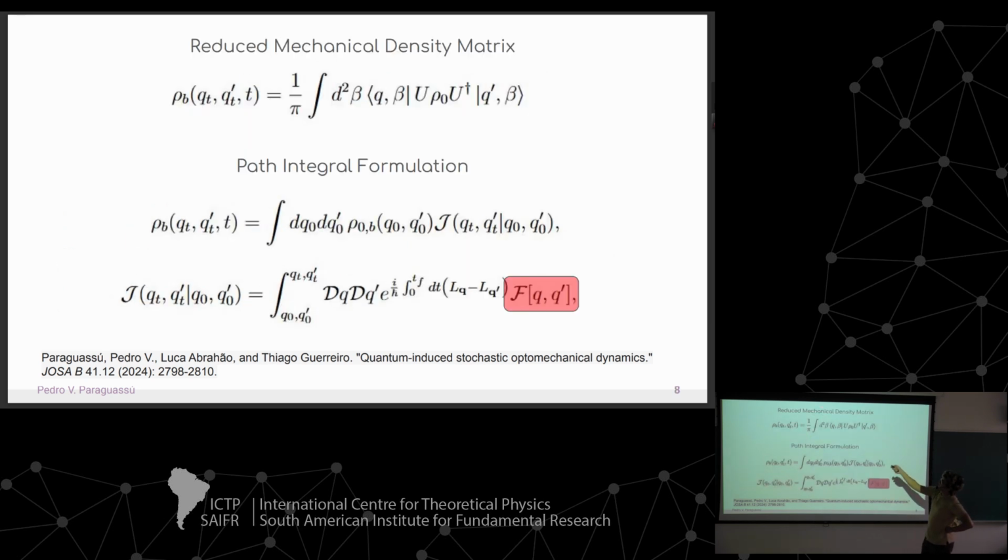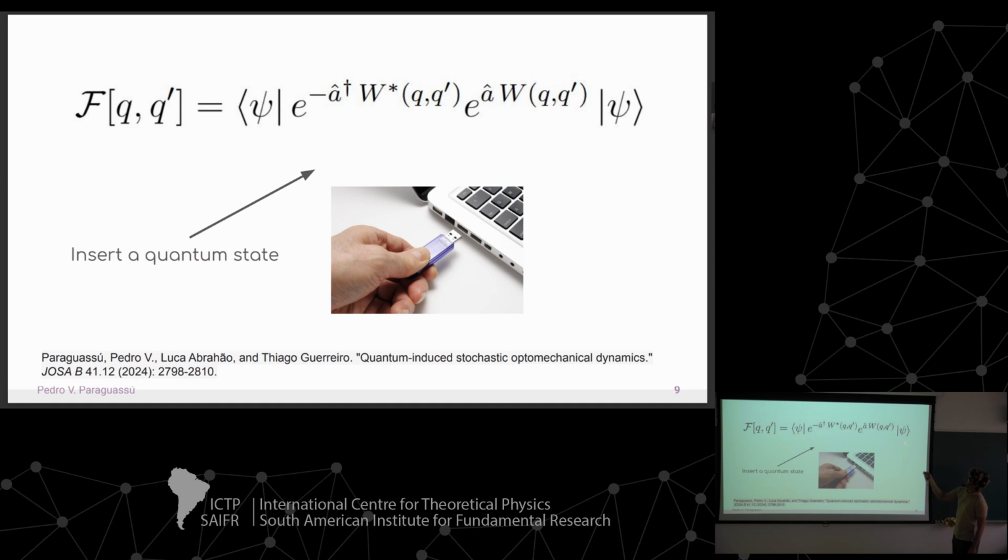So the idea is I have the reduced density matrix for the mechanical system, we call it the mechanical system, and use the path integral formalism to integrate over the initial state, and now we have this super propagator, which is a double path integral. I have two coordinates here, the usual Lagrangian, but now I have this Feynman-Vernon influence functional that gives the interaction, which can be written simply as this bracket equation here. So by inserting a quantum state for the quantum system that I choose, I will see the effects on my path integral. And the idea is, well, until now, all things are quantum, but